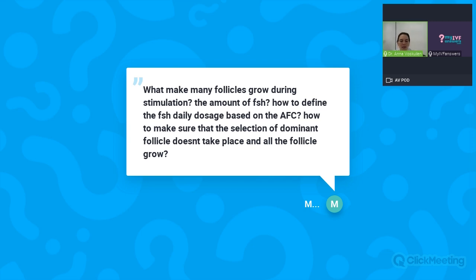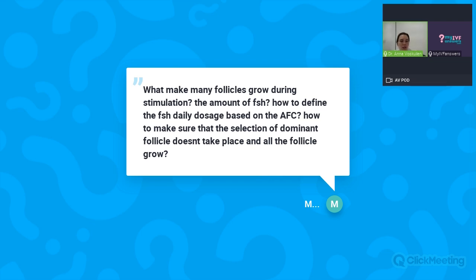So we can have an idea, but if you, for example, have done another cycle that went well or wrong, this can give us an idea of how to change it and which dose you need, or which kind of medication doesn't work with you, okay?